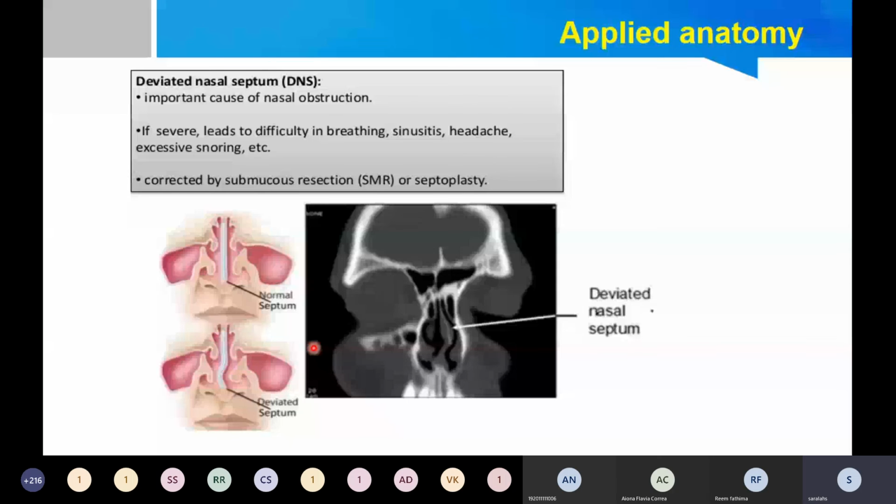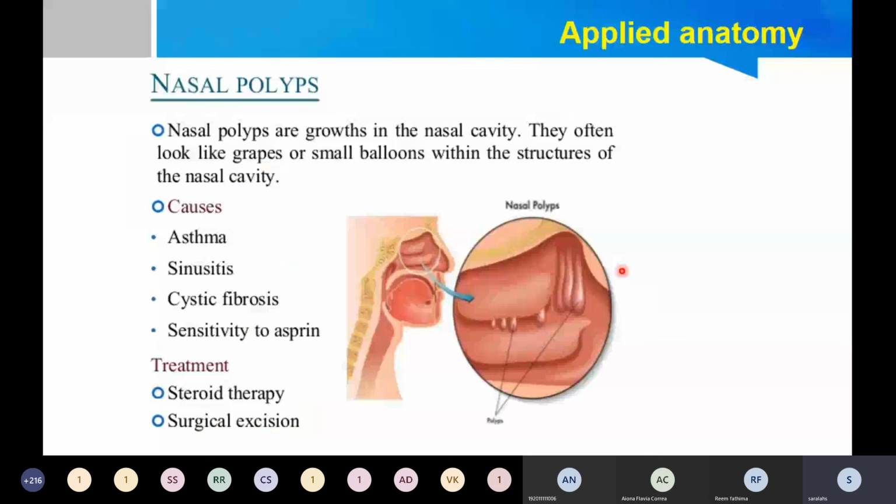In living individuals, the bone will be covered by the mucosa, so we term it turbinate. In the skull, that is only the bone, we call it concha. You can describe it as concha because you are learning about the skull bone. When you are speaking of a living individual or a dissected prosected specimen, you can call it turbinate. There is nothing wrong in it. Remember, turbinates and concha are synonyms. That's about the nasal polyps.